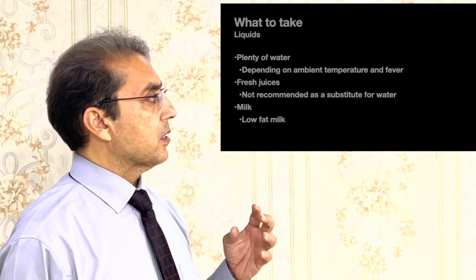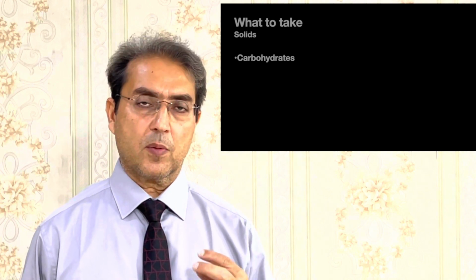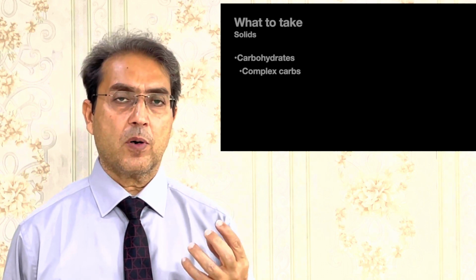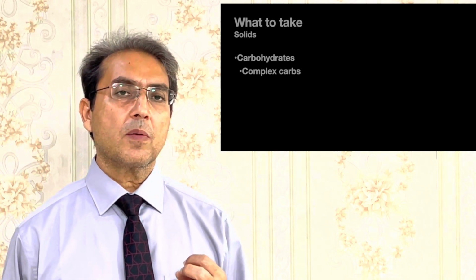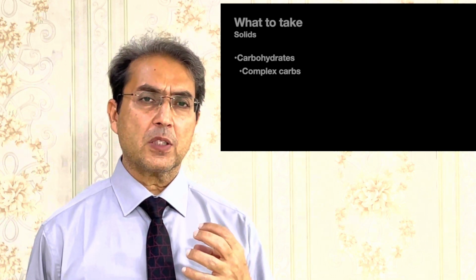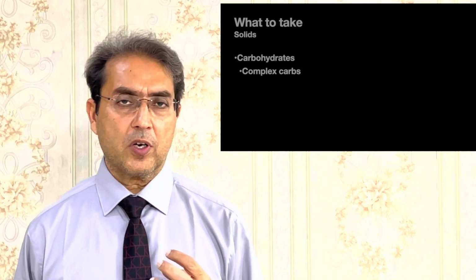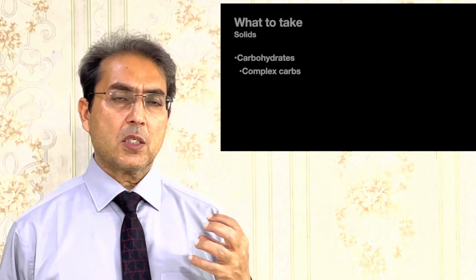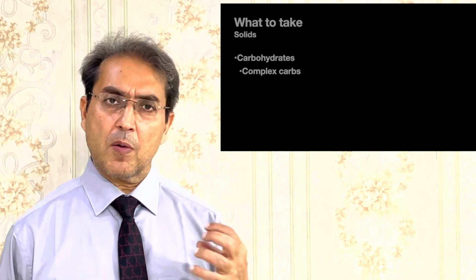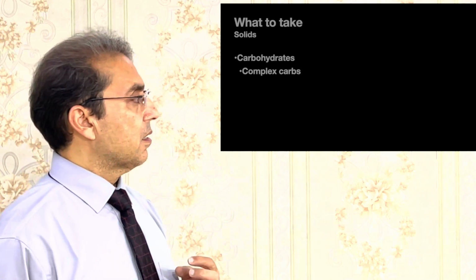And when we come to the solids, generally complex carbohydrates should be used. Complex carbohydrates are the starches, like those contained in wheat, rice, or other forms of grains, so they can be used. There is no real use of soluble sugars in large quantities, because they tend to increase the weight of the patient and do not help in combating the effects of hepatitis. So a large amount of sugary drinks may not be very useful for these patients. Complex carbohydrates can be taken as the patient's stomach